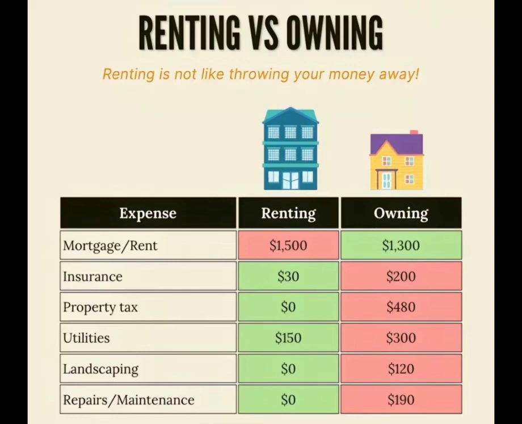So as you can see, the expensive mortgage for renting is 1.5, owning is 1.3. There, renting loses because it costs more. Insurance is less because I'm just renting, but for owning, it has to be more. Property tax is 0 because it's not my property, while a person who owns will pay property tax. And remember, these numbers will fluctuate depending on what the repo rate says for the year or for the quarter, since that's how they like to navigate things these days.